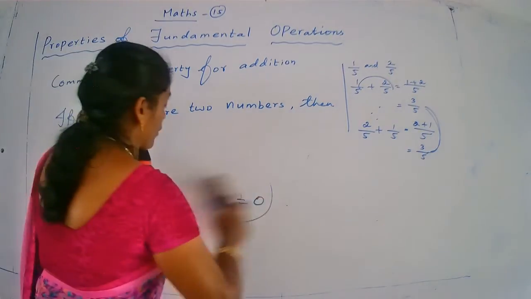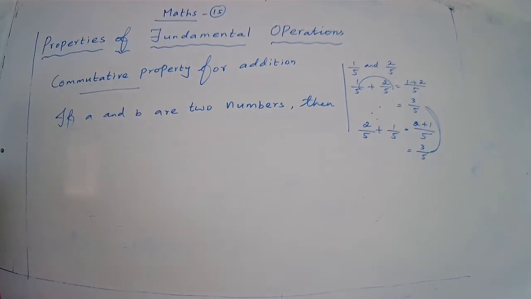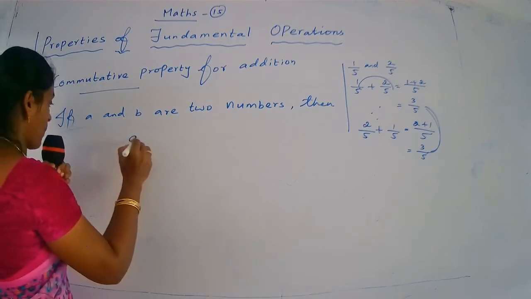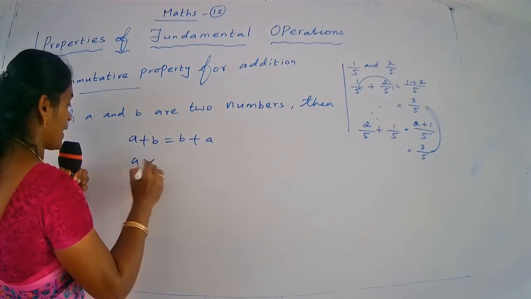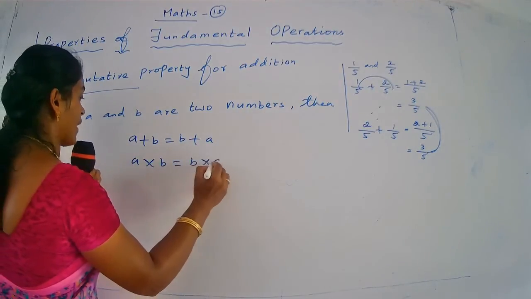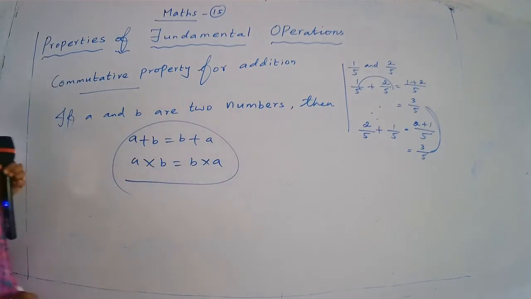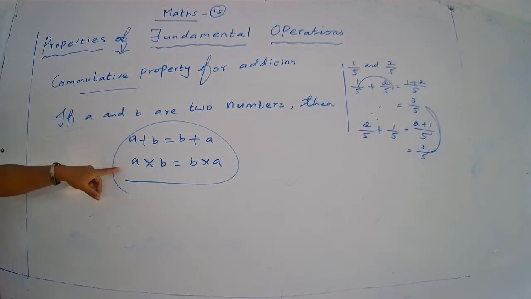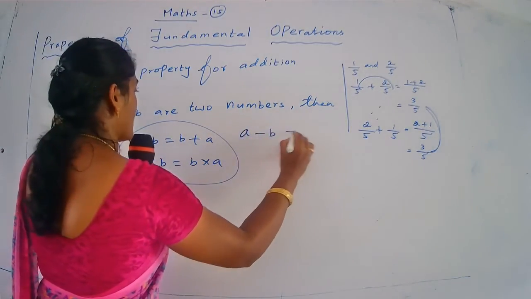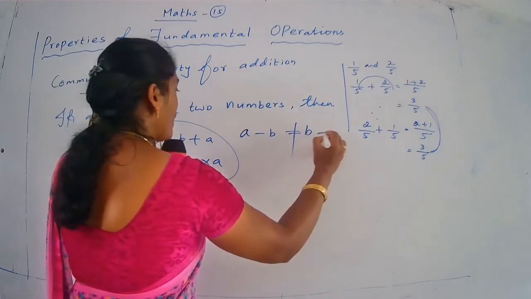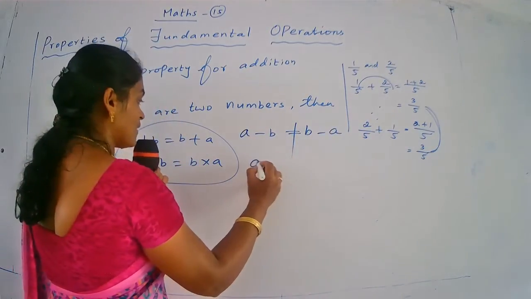Now come to the exercise sums. Okay. All of you take your classwork note, write today's day and date. Okay, continue the classwork children, don't leave any page. Okay, so the first question, first of all you write today's day and date and write the heading properties of fundamental operations. Then after you write commutative property.